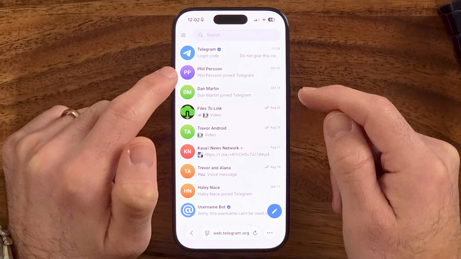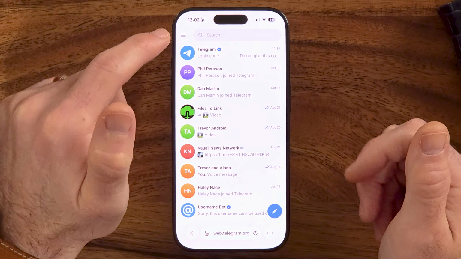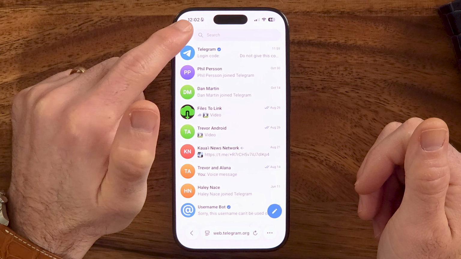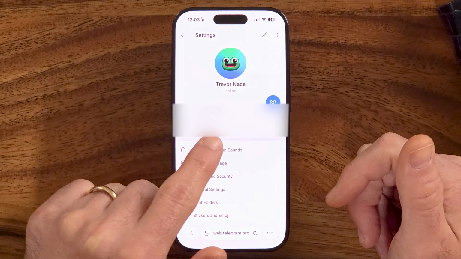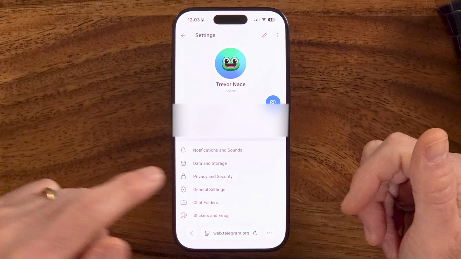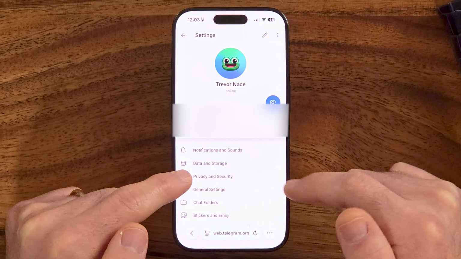Within the web-based version, we can change or turn off that filter that will allow you to see all that sensitive content by getting to your settings. So tap on those three lines at the top left and then settings. Now within here, make sure this is your account, that phone number matches your Telegram account, and then tap on